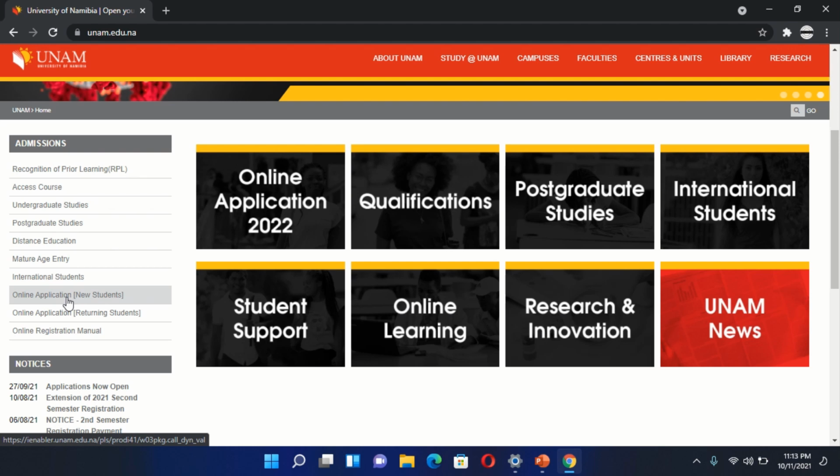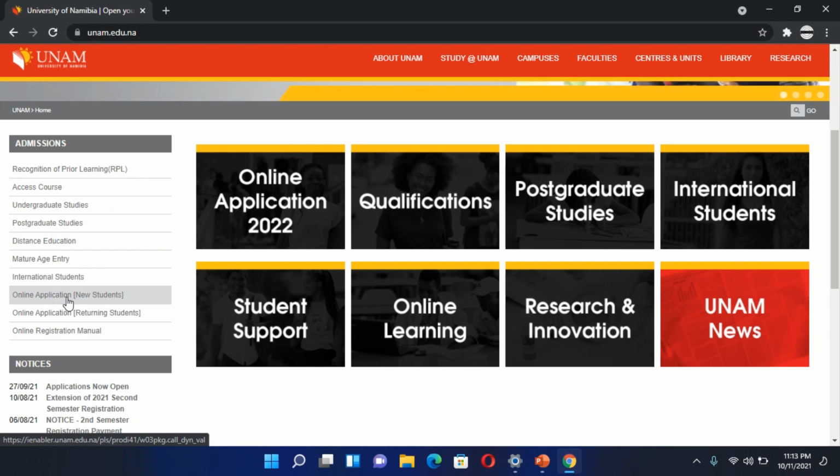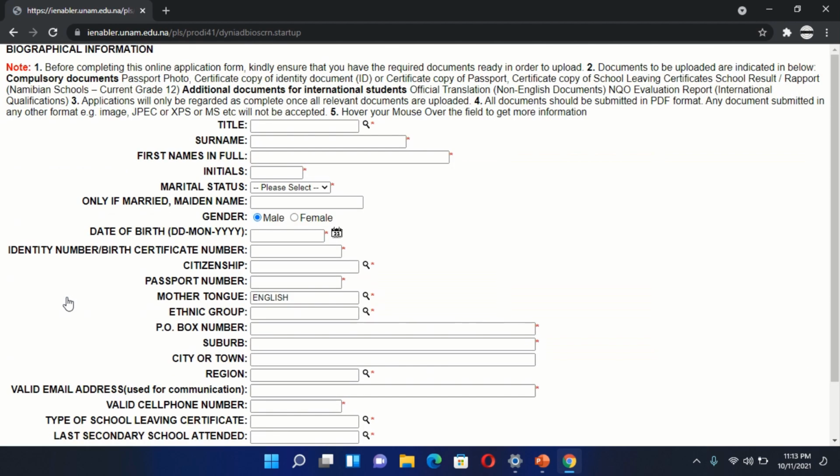For a PC, it's outlined very simply for you: you go to admission and then to online application new students. So let's get started. You click on the online application for new students and you'll be directed to the page that says